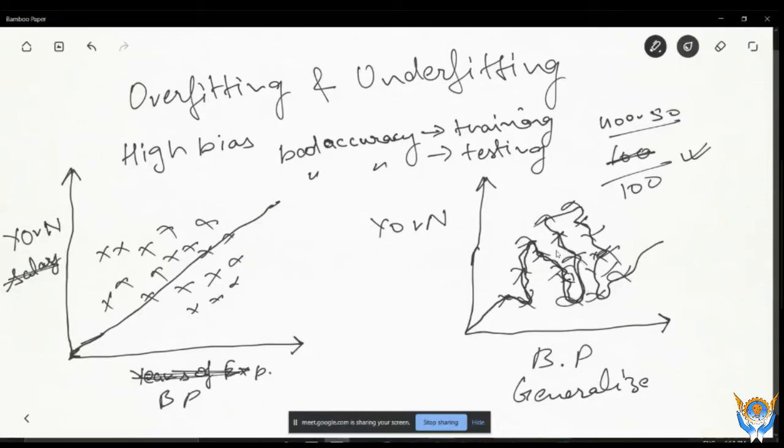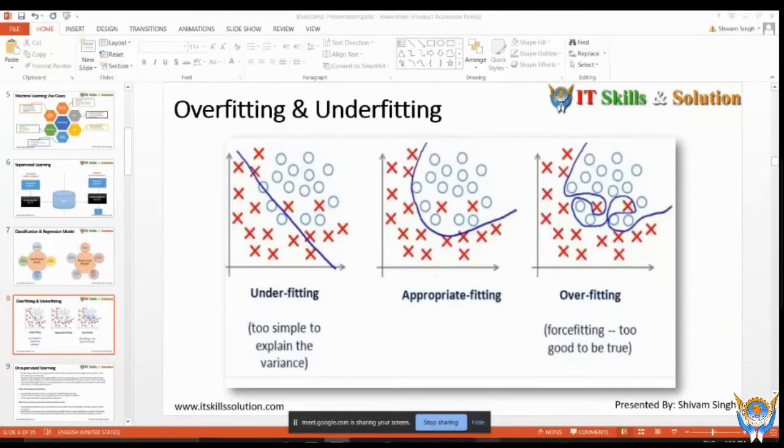You touch each and every point. हर एक पॉइंट को आपने कंसीडर करने की कोशिश की है. बट एट द टाइम ऑफ टेस्टिंग व्हेन यू हैव अनसीन डेटा, at that time your accuracy is worst, because you didn't make a generalized kind of model. You didn't make a generalized pattern. So that is called overfitting.